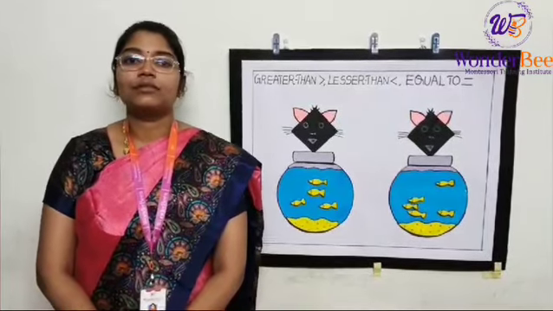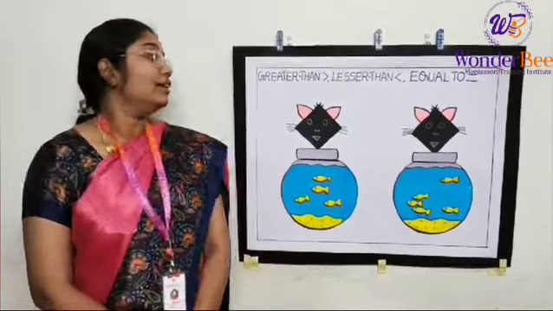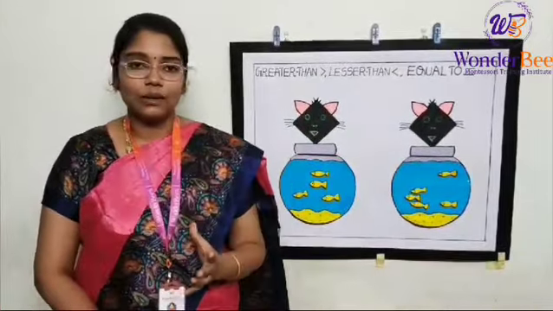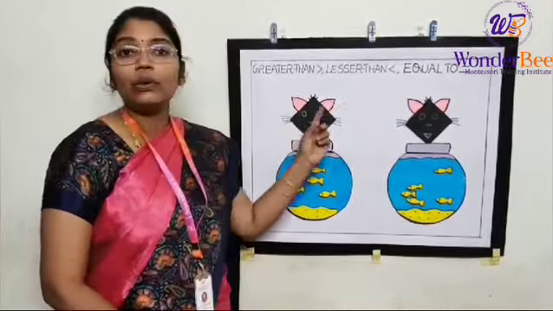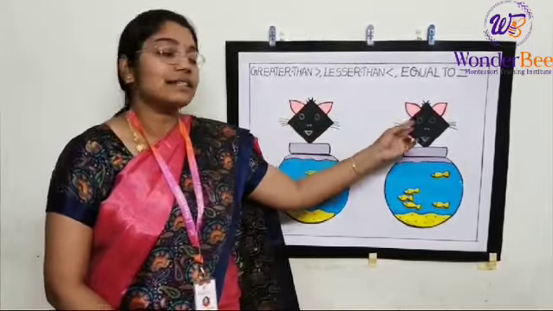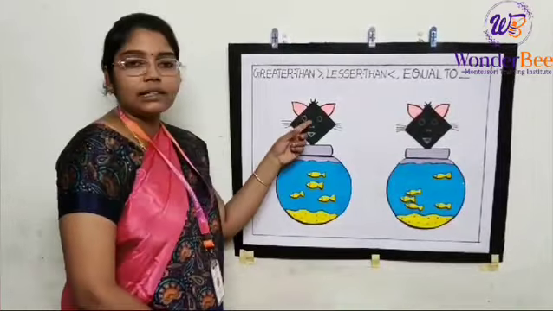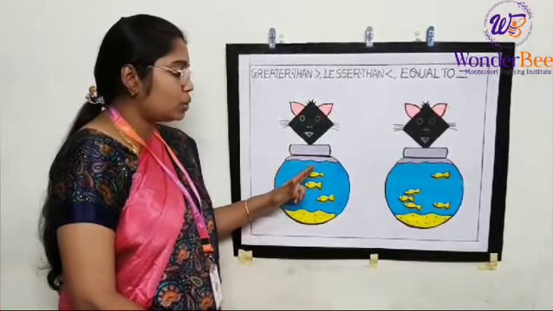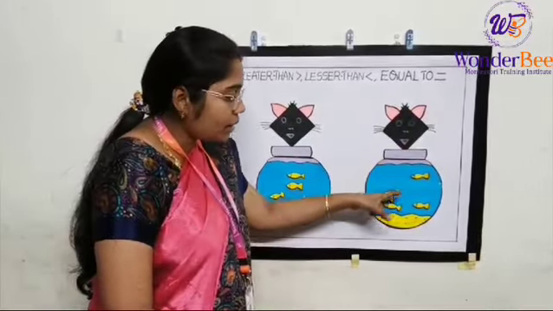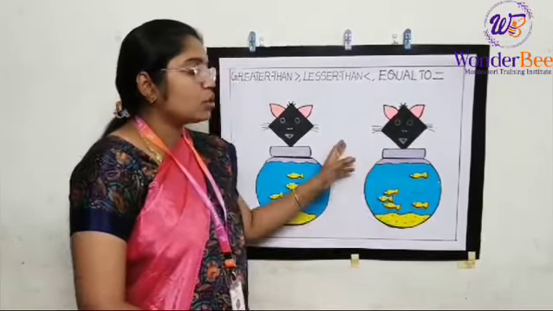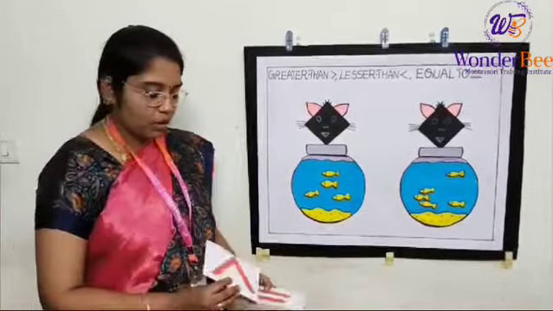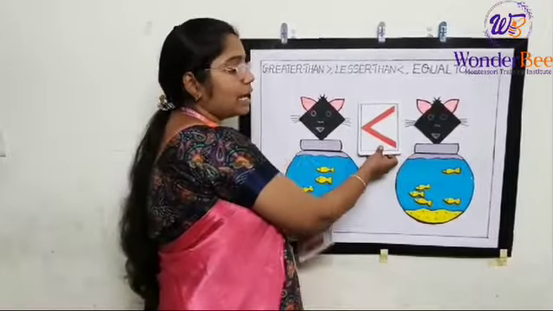Hello children, now we are going to see about one important concept. Greater than, lesser than, or equal to concept. So let us explain this in detail, okay? In this we can see two cats having a fish bowl, okay? This cat is known as Tiny cat and this cat is called Tommy cat. So this Tiny cat is having how many fishes here? 1, 2, 3, 4. And this Tommy cat is having how many fishes? 1, 2, 3, 4, 5. So which cat is having more fishes? Yes, Tommy cat is having more fishes. So we can say that Tommy is more than Tiny.